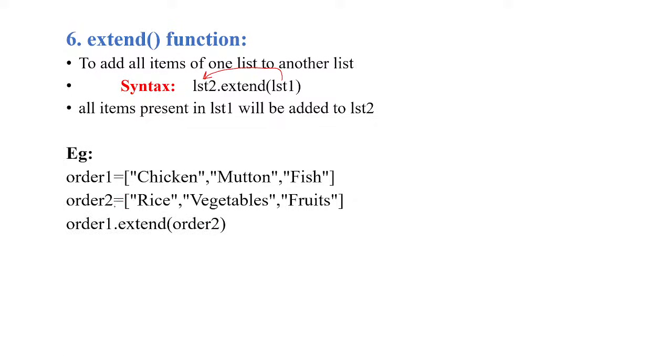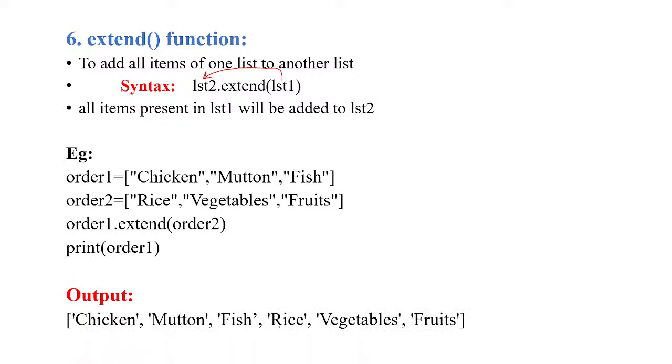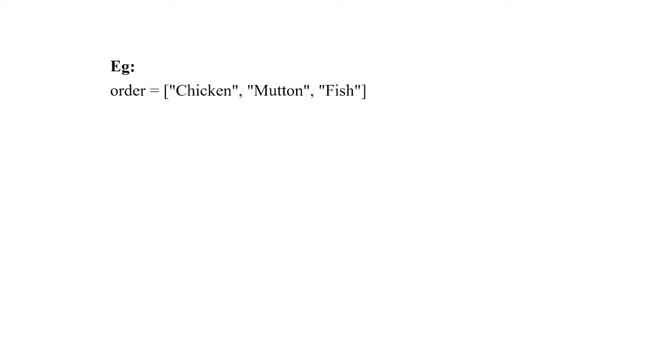Now, if I extend order 1 with order 2 and print order 1, it looks like this. This list will be added at the end, extended this way. A group of elements, all elements will be added to the first list. For example, I have 3 elements in list 1. Now I want to extend this with this element. But if you observe this,